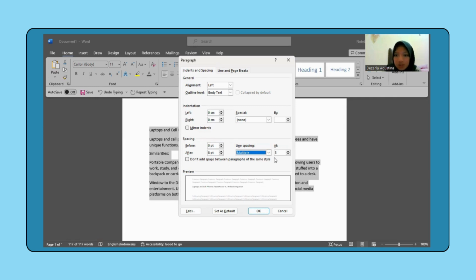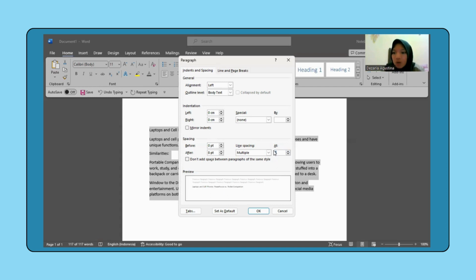The default is 3, so we might change it to something like 5 to spread the lines out a little bit.